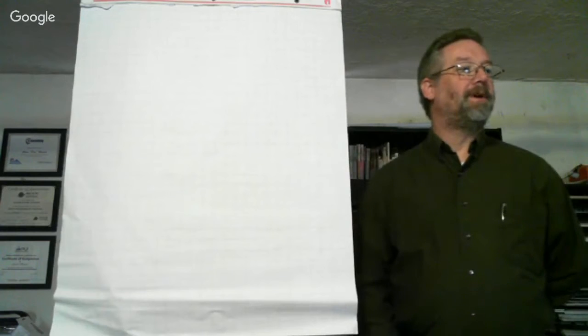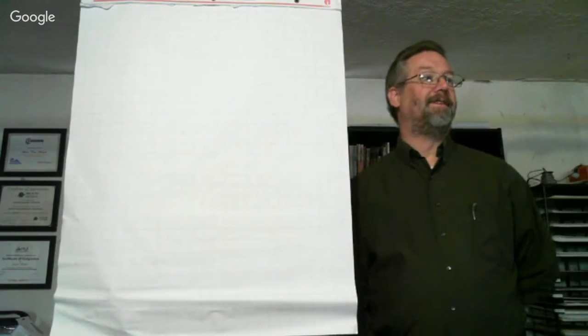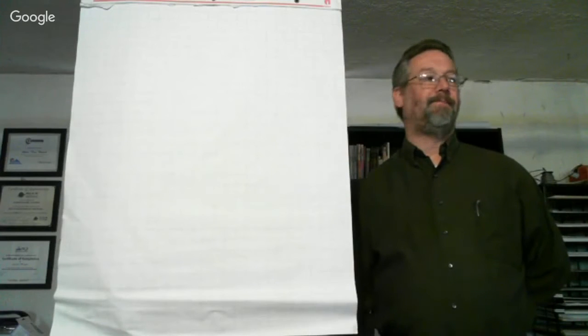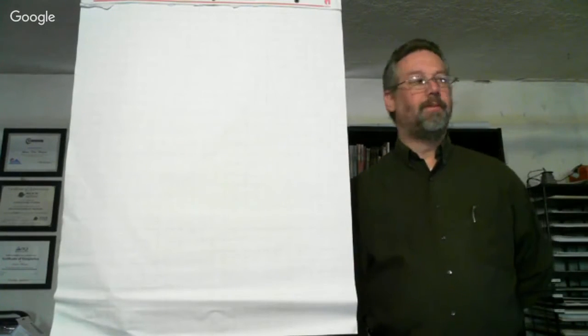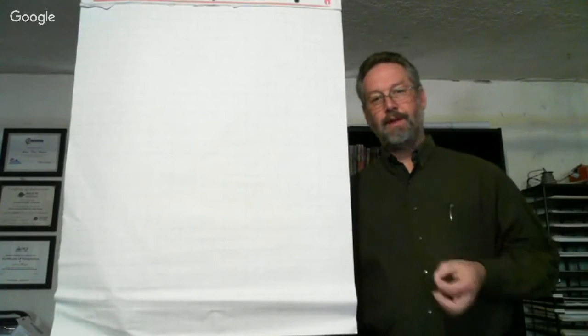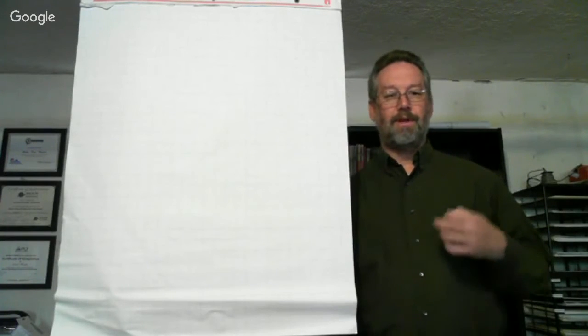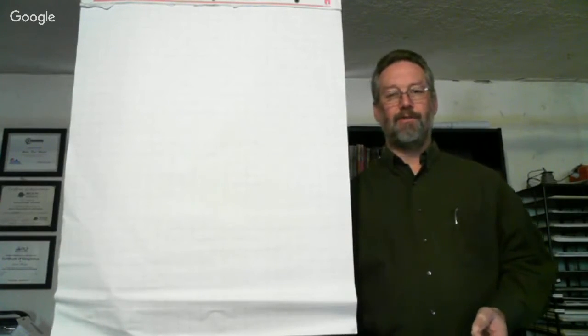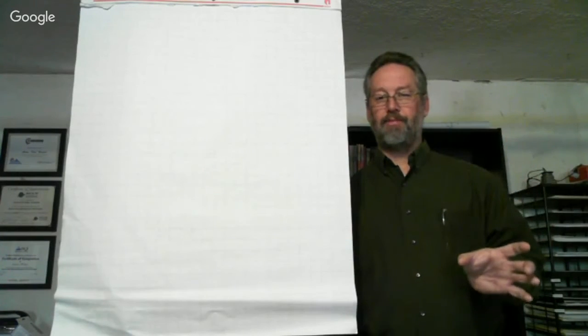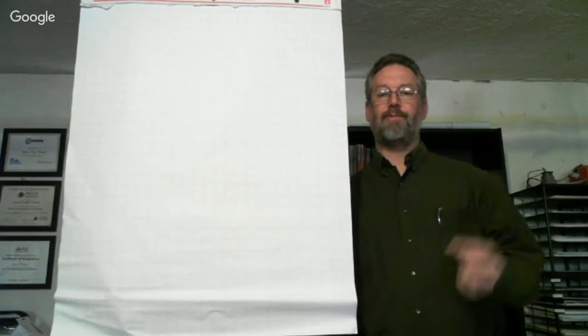Link budgets. A link budget is the accounting for all the gains and losses from the transmitter through the medium, regardless of what it is, and all the way to the receiver in a telecommunication system. What that means is that you not only need it for satellite communications, you also need it for things like fiber optics. You need it for terrestrial radio communications and so on, because it takes into account, for example, the transmitter power, losses in the transmission line, gain of the transmitting antenna,